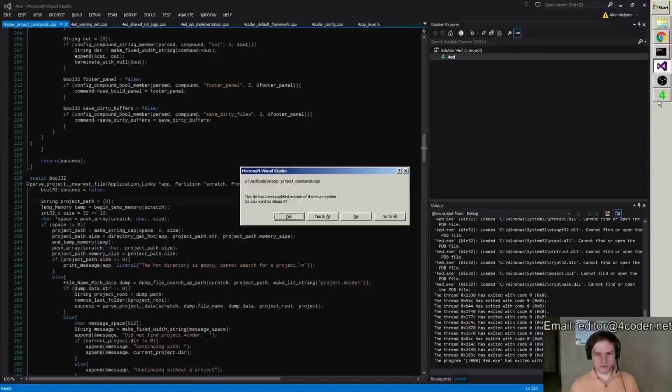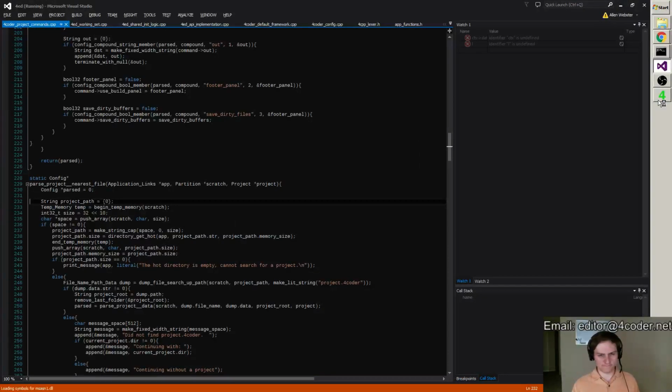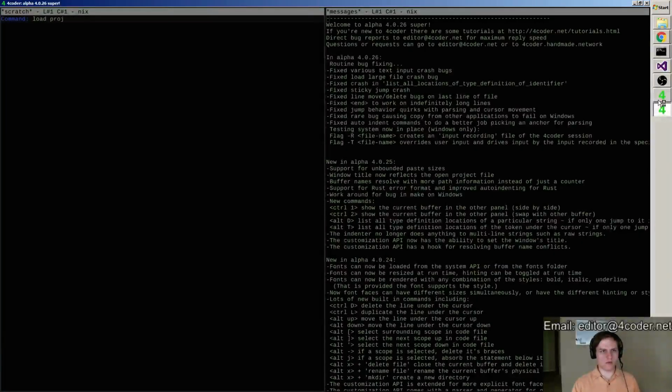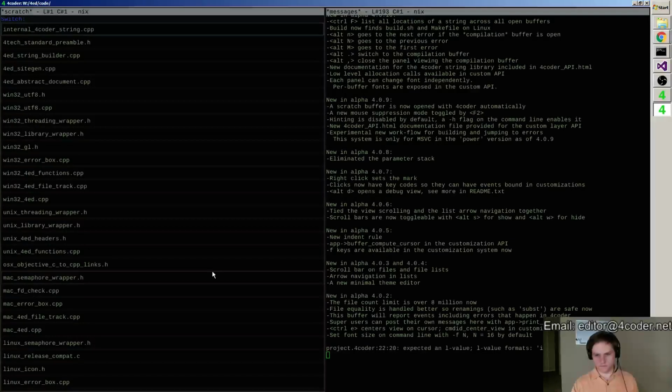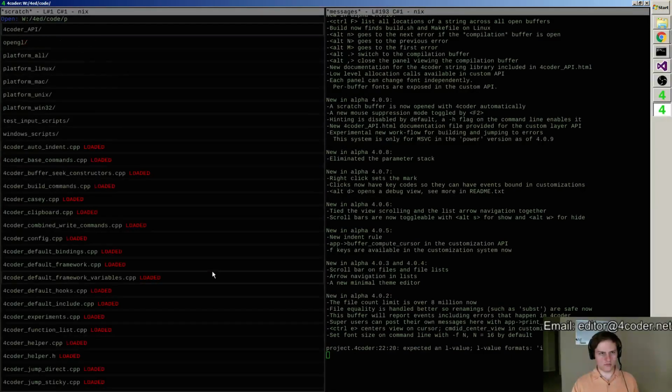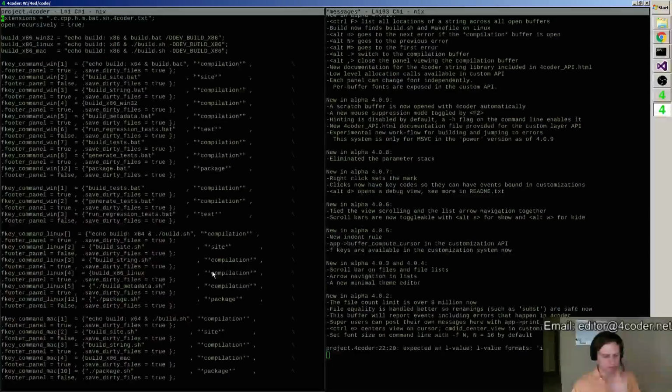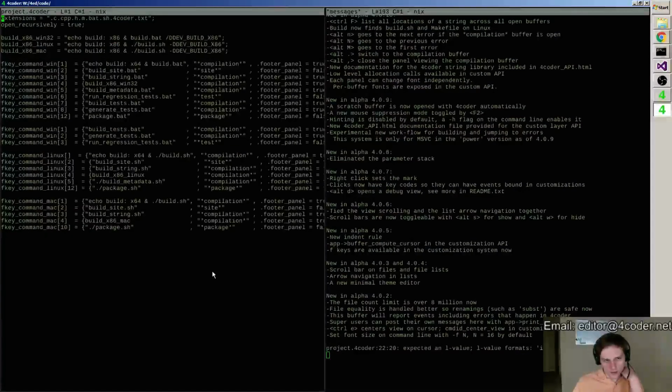There we go. Now we should be able to see an error when I load the project. Alright, project. Why didn't we load the project 4coder? Well, I'll take a look at that in a second. Line 22. Yep, alright, perfect.